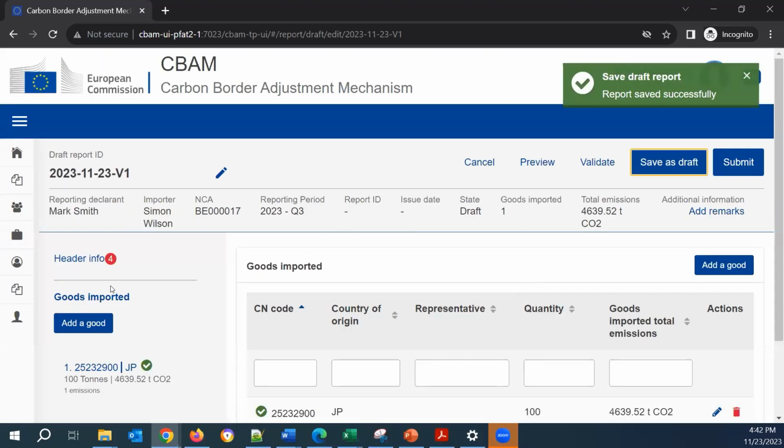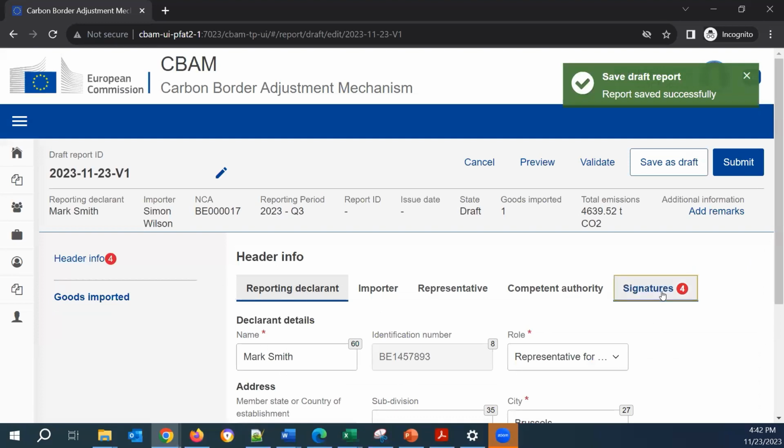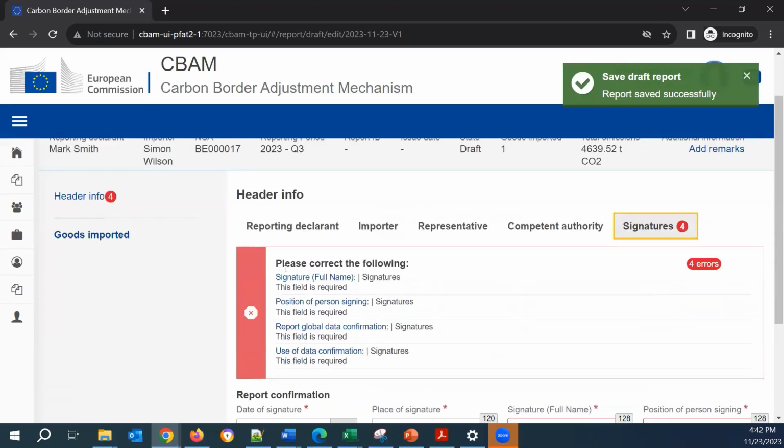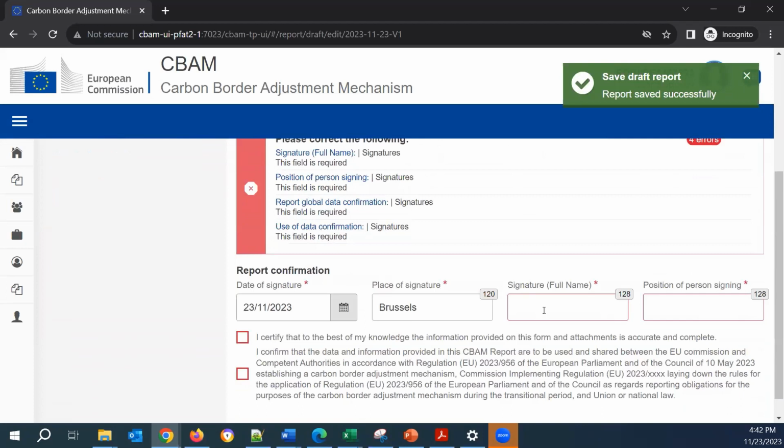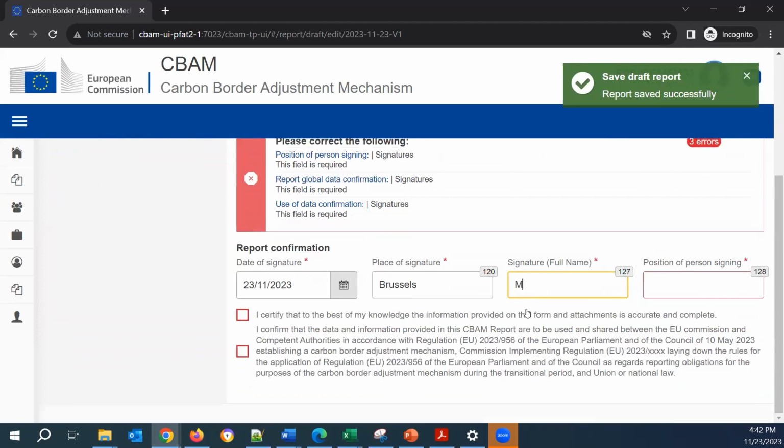And I have 4 errors at my header level. So I click on the header and it is the signatures. Yes, and here you can see the errors listed. Yes, I know, I don't have my full name here, which is Mark Smith, and I am a CBAM declarant.